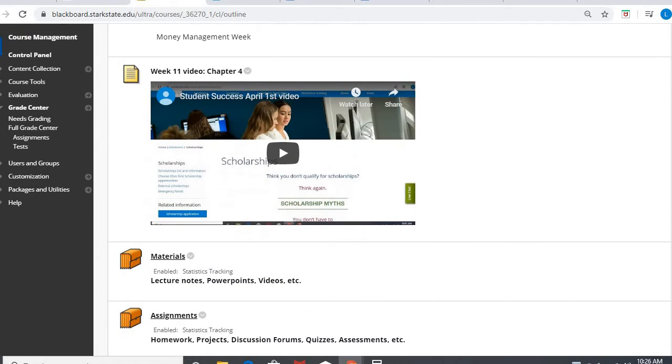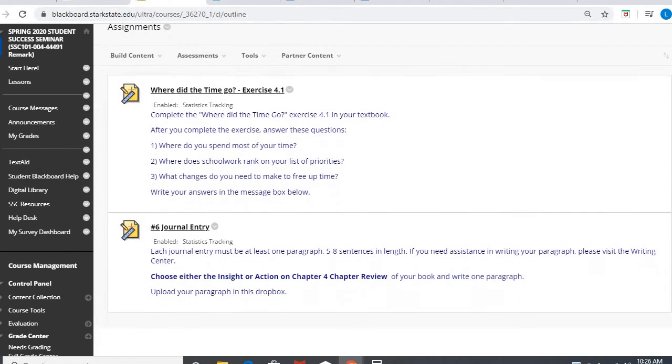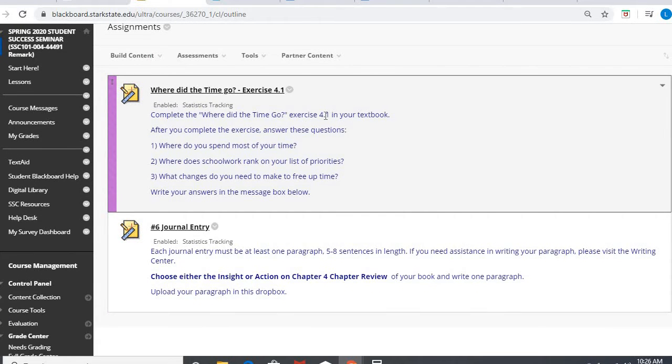It's over chapter 4. In the assignment area, it directs you to go into your textbook, find exercise 4.1, and do the little exercise. It's basically asking you to look at how much time you spend on certain activities. Then the part where you actually get credit is when you answer those 3 questions.